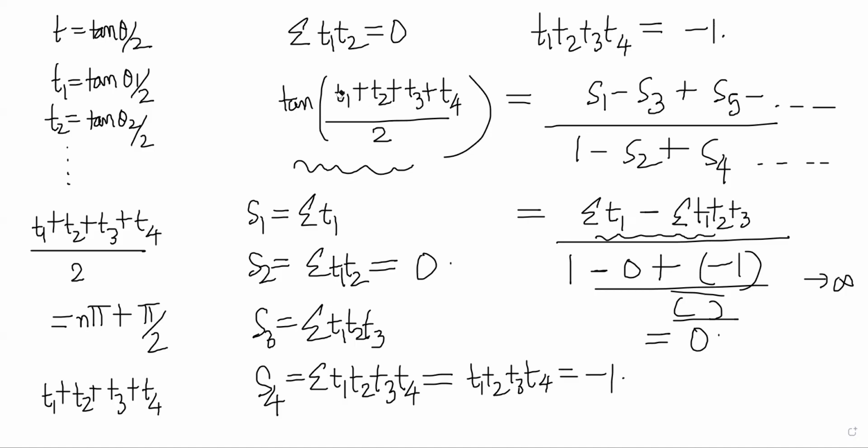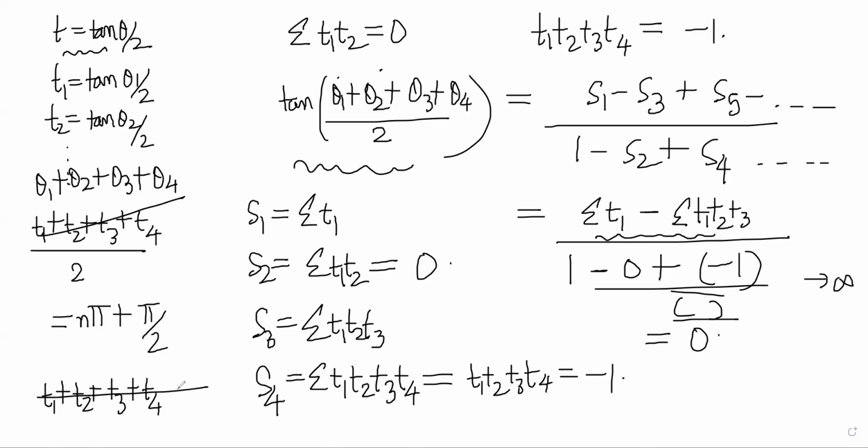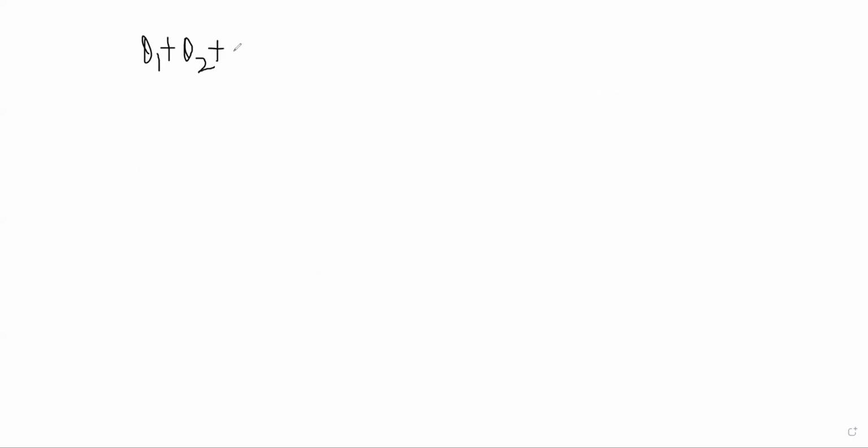When I did tan, I was not intending to do T1, T2. It was tan of theta 1 plus theta 2 plus theta 3 plus theta 4 by 2, obviously. T1 was itself tan theta by 2. I'm taking tan of all the angles, right? So here I'm getting theta 1 plus theta 2 plus theta 3 plus theta 4 by 2. And therefore, that should be equal to n pi plus pi by 2. And from there, we can conclude that theta 1 plus theta 2 plus theta 3 plus theta 4, I multiply by 2 on both sides, is 2n pi plus pi, which is 2n plus 1 pi, which is an odd